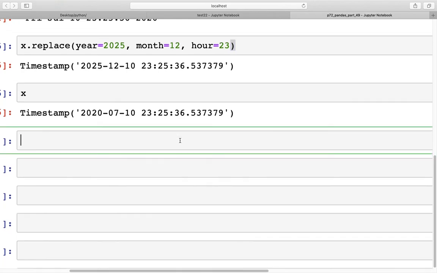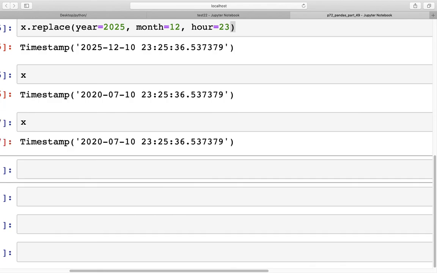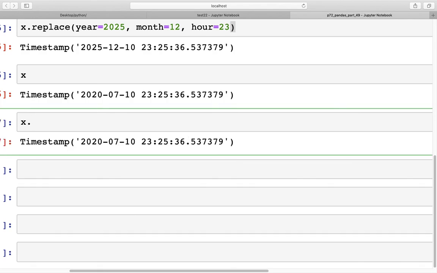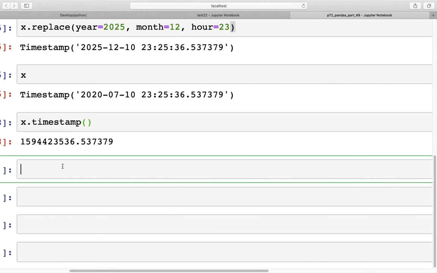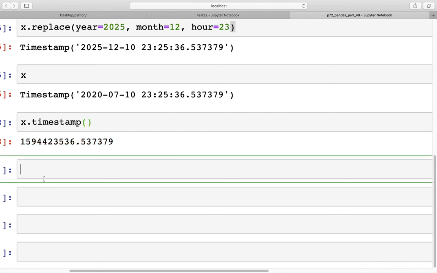There is another function which is called timestamp, where x is the value for the timestamp. On top of this, if you type timestamp with a small t, open and close parentheses, then what that gives us is the value in seconds. The reason why this is seconds is because if we take this value and put it in pd.Timestamp,